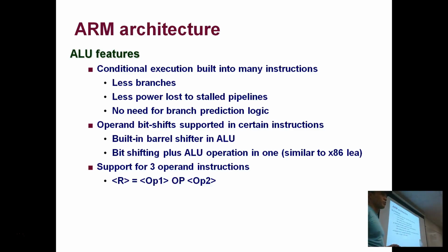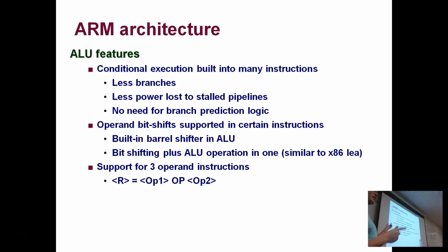So x86 at one point had all sorts of logic trying to get the branch prediction correct, and then logic to unroll computation if they didn't guess correctly. That kind of stuff costs you a lot of power. Another thing is that a lot of their ALU instructions allow you to do bit shifting on the operands before doing the operation. So this built-in barrel shifter in the ALU, it's sort of like when you do the multiply and the add on the same instruction in the addressing unit in x86, so the LEA quad, you could actually do a multiply and then an add in one step.